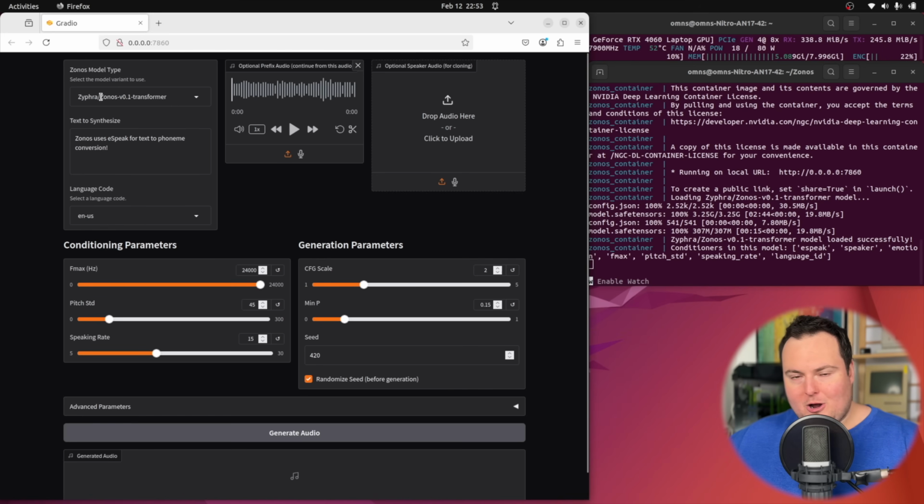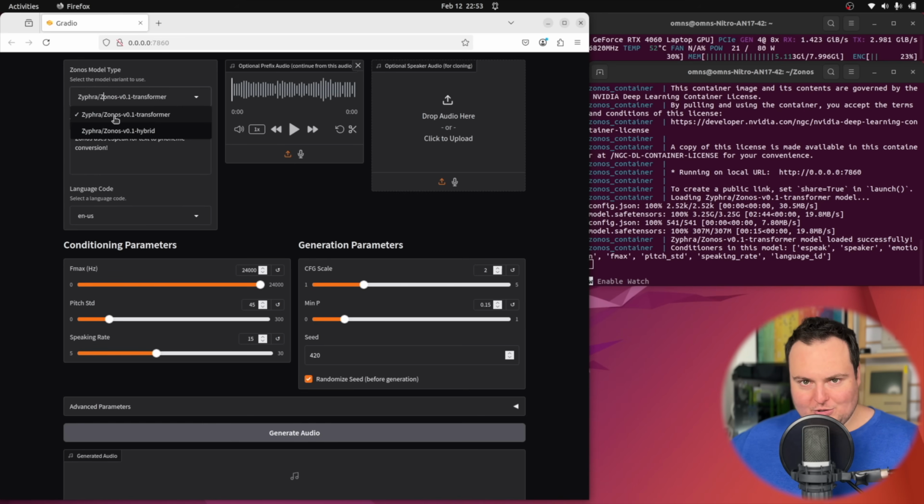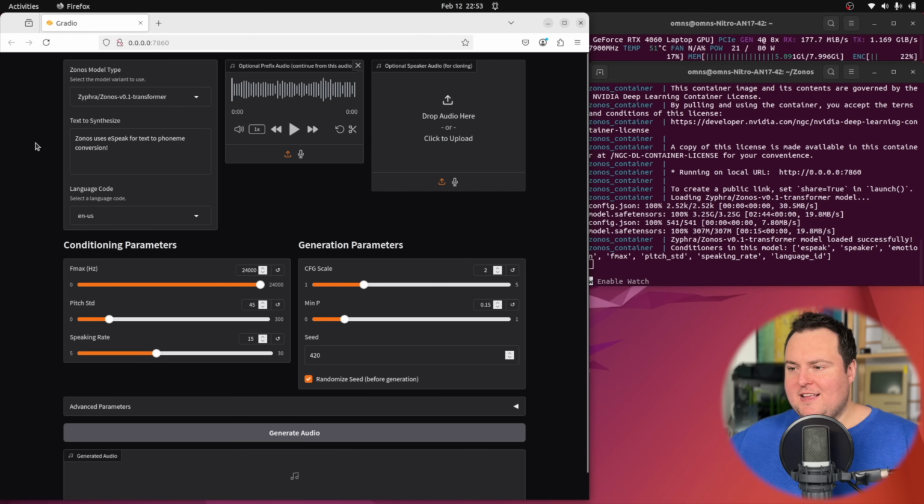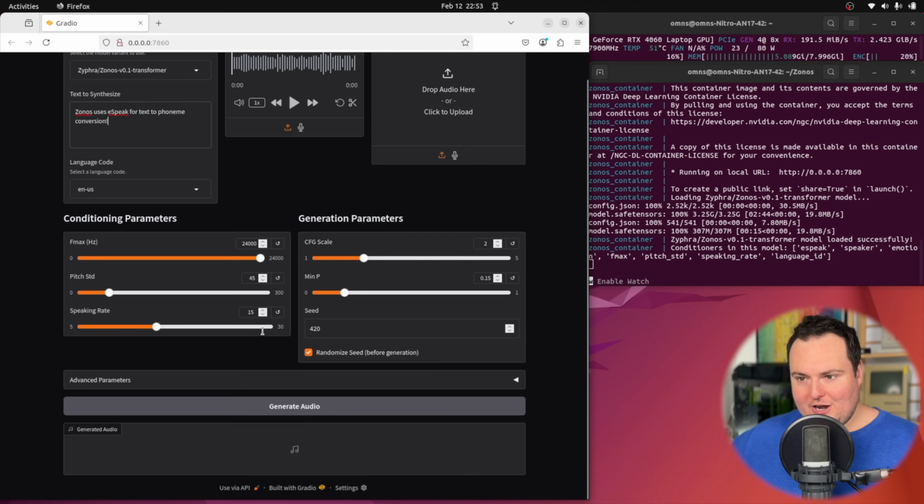We have our model to select, which for our purpose, we are going to use the transformer model. As we saw, that was the more popular download one from Hugging Face. So we could also select the hybrid model there, but this system does not have a lot of free space, so I will just stick with the one that's here. Then we can see we have the actual text to synthesize, which basically means that when we select generate audio right here, this is the text that it will actually turn into speech that we can then go ahead and play,